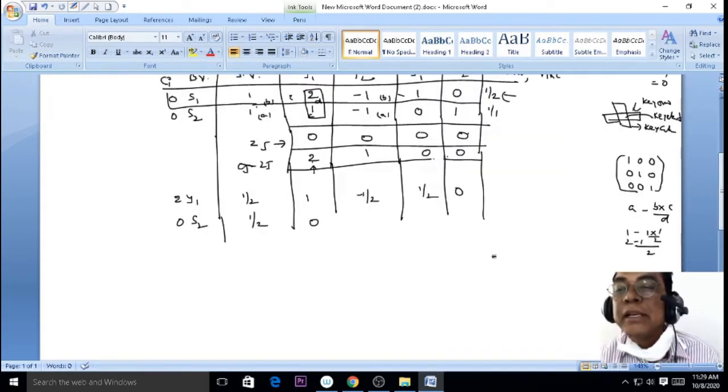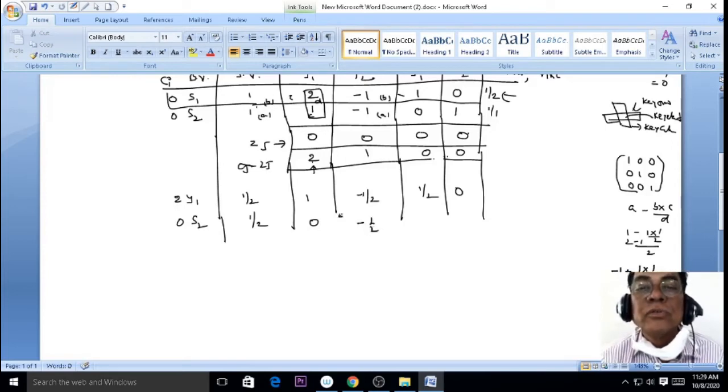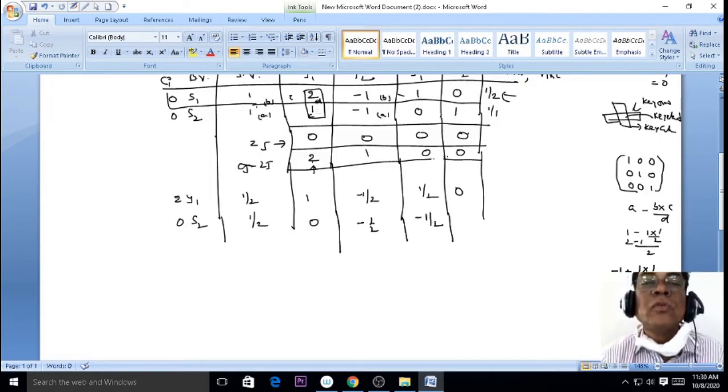So that is minus 1 into B plus 1 into 1 by 2. Take this 2 minus 2 plus 1, minus 1 by 2, minus 1 by 2. Okay, next 0 minus 1 into this one. So minus 1 by 2 using our formula. 1 minus 0 into 1 by 2, that is equal to 1. Finish. The next value is Zj.